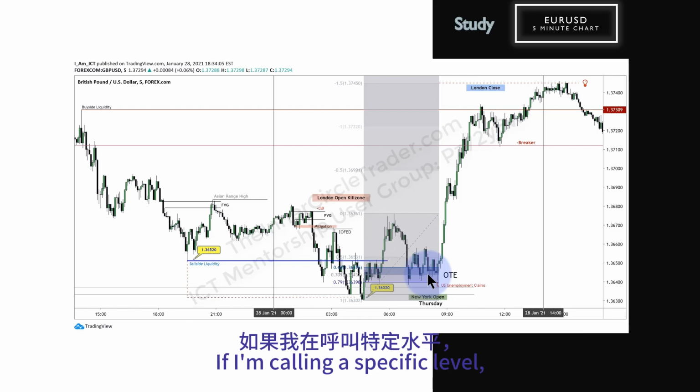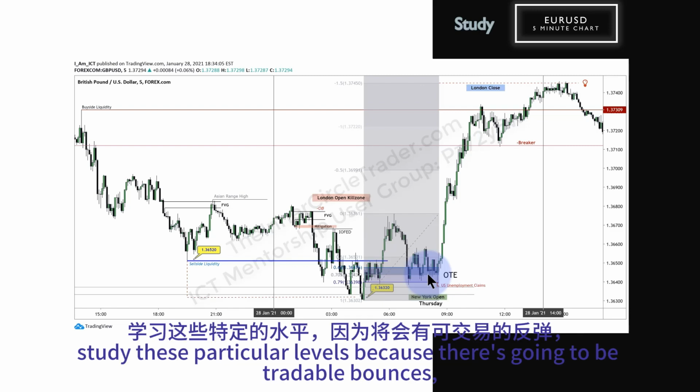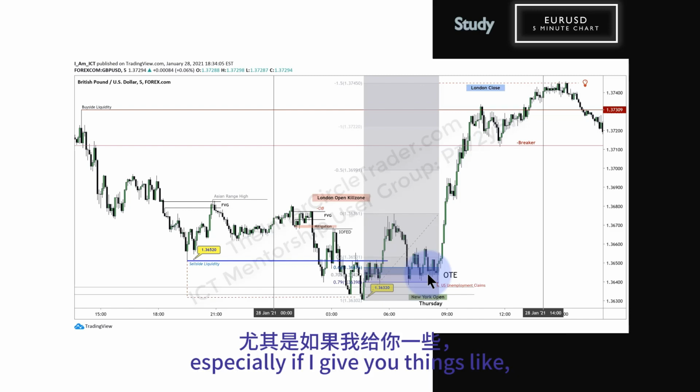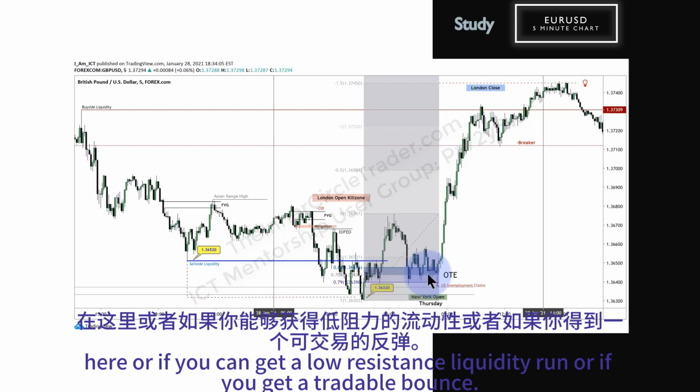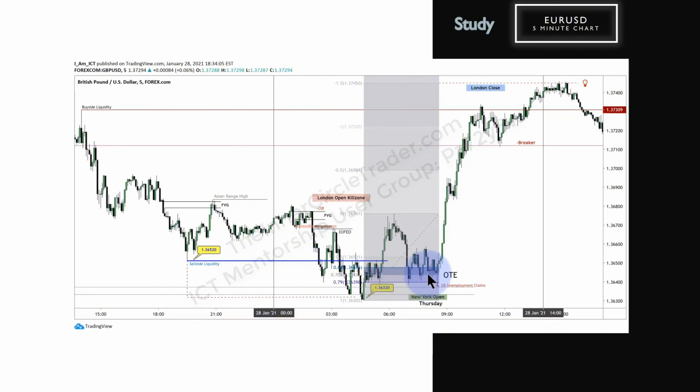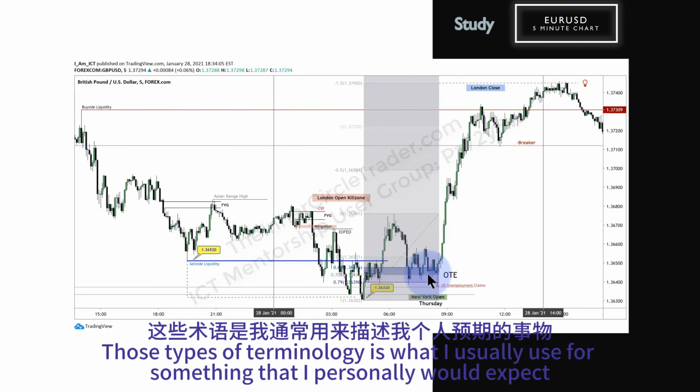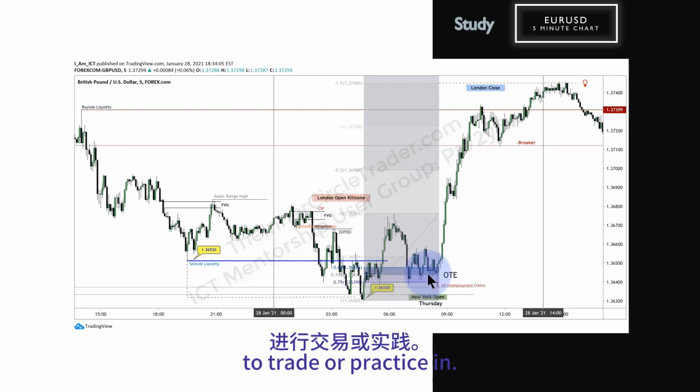If I'm calling a specific level, study these particular levels, because there's going to be tradable bounces, especially if I give you things like, it can get a pop here, or a low resistance liquidity run, or a tradable bounce. Those types of terminology is what I usually use for something that I personally would expect to trade or practice